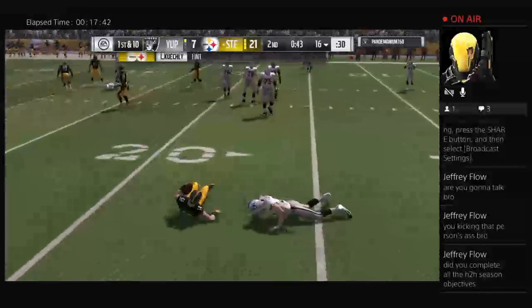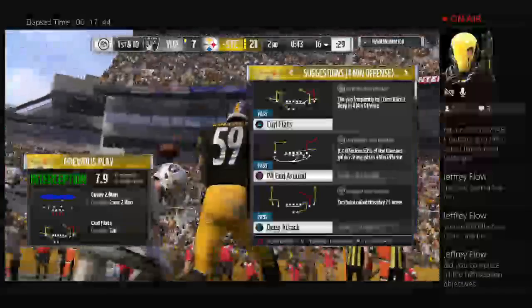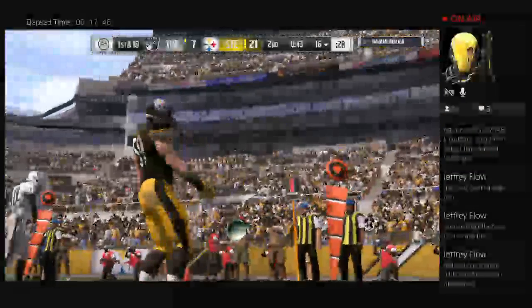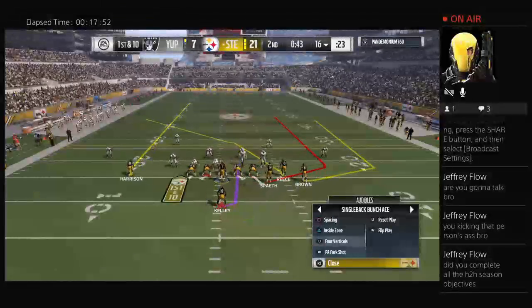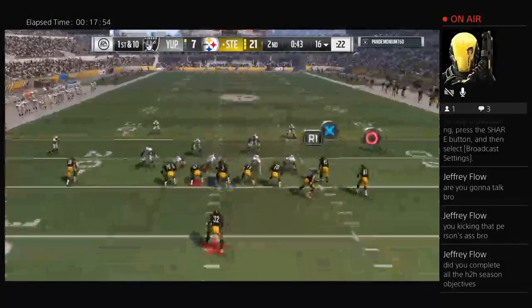It's the Pro Bowler Luke Kuechly that picks it. And a big turnover. Charles, when plays like that work, it's a thing to behold, but sometimes we see why they're going